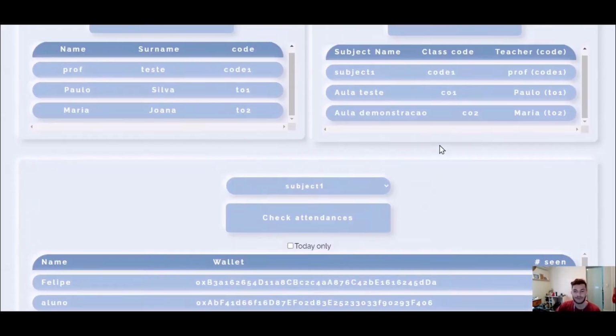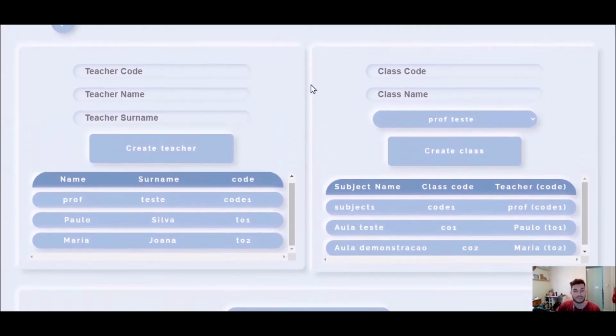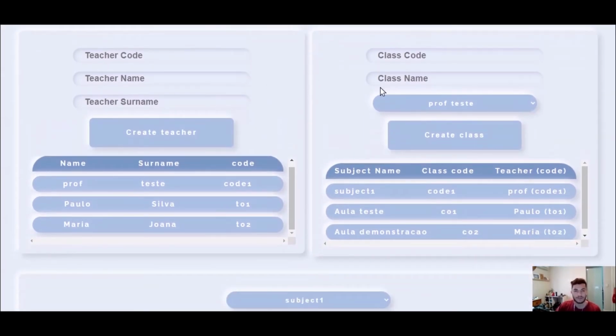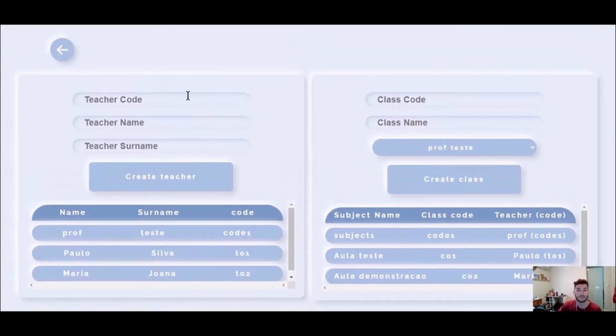But anyway, I'll be showing how it's done to create a new teacher and create a new class, and then we're going to insert some attendances inside the system, and then check the attendances to show how that works. Let's start by creating a new teacher. This new teacher will have the code T05, which stands for teacher number 5. He will be called Mark